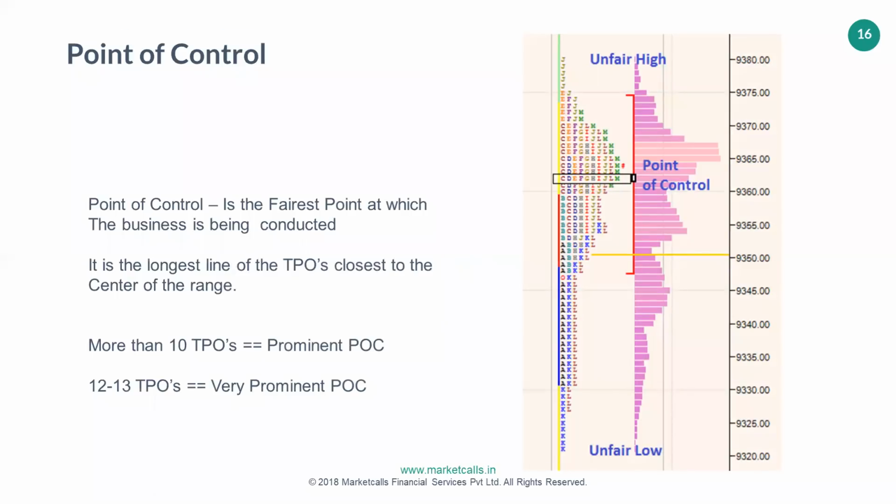So we are discussing the point of control. If the point of control is more than 10 TPOs, we call it a prominent point of control, or a very prominent point of control if more than 12 or 13 TPOs got traded. A prominent point of control often has the odds of revisiting. And one of the levels I'm going to show you is a prominent point of control, and it's kind of a signature trade also. So I'm going to show you